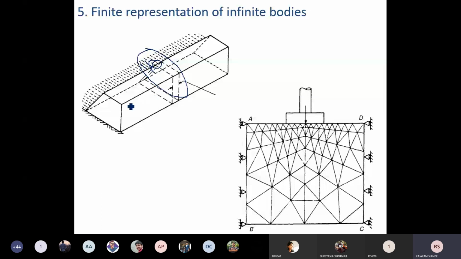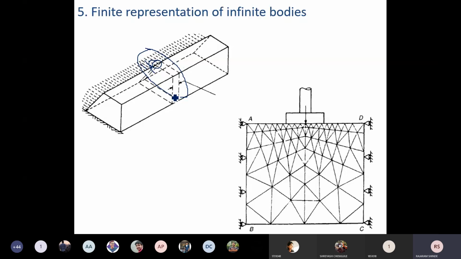Do you agree with this? The dam is for the complete river, that means from one end of the river to the other end. But at the middle location there is a high pressure, and that is the critical zone, at the location where the depth of the water is maximum. That critical zone only you have to analyze, and the results of that critical zone you have to use for constructing the complete dam.